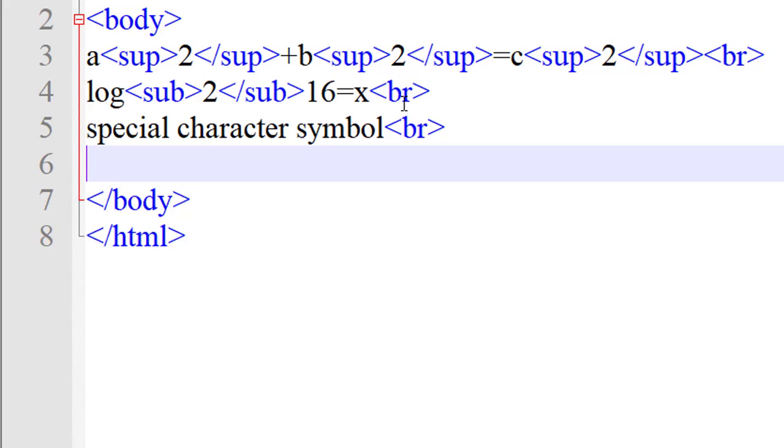Now I want the copyright symbol. For that I will write the ampersand copy. Everyone knows the copyright symbol. Ampersand copy semicolon, due to that the copyright symbol is done. Just save this and run it.